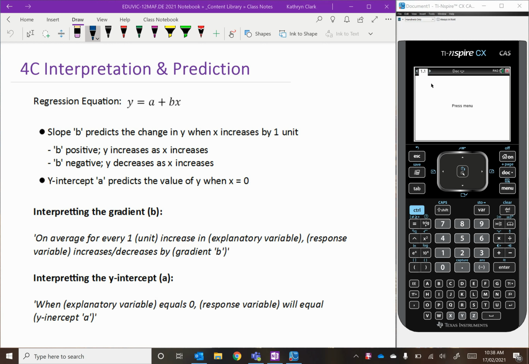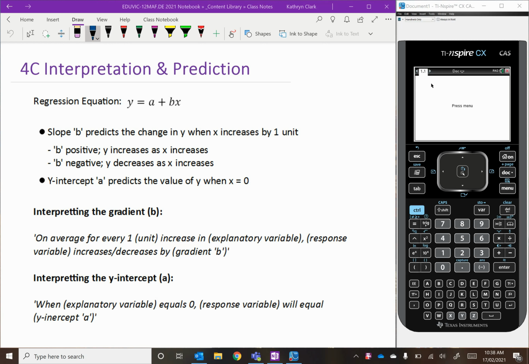Alrighty, today we're going to be moving on with 4C, which was supposed to be taught in two parts, but we're going to be looking at the whole lot in just one hit today to make up for the stuff missed on Monday. In our last class, we looked at how we could use our calculator to determine the values